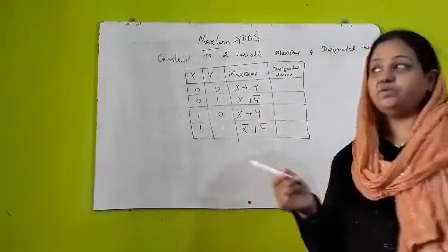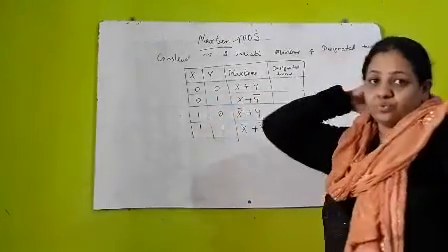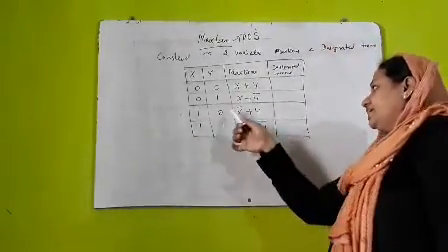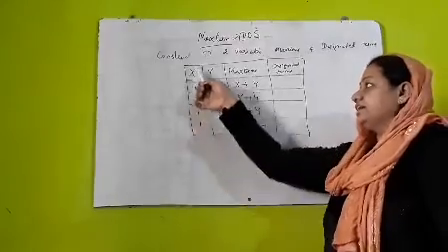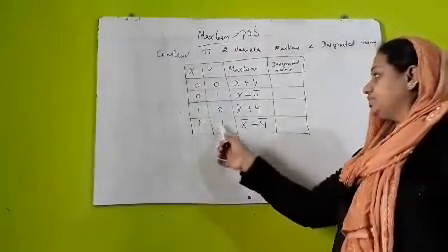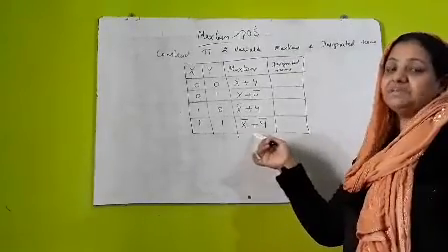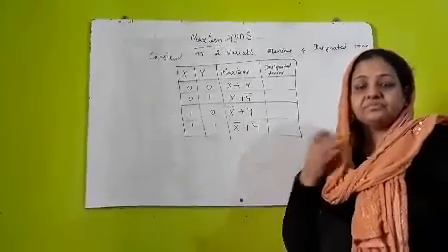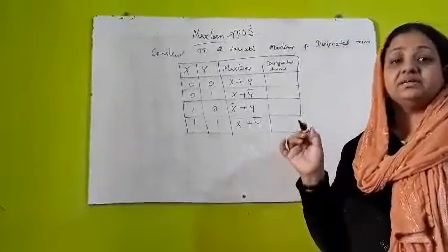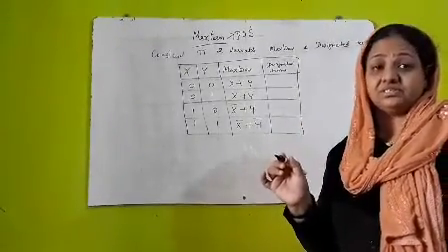Why y bar? Because y is 1, so we have to put a bar. So similarly, we have x bar, because x value is 1 and y is 0. Here both are 1, so we are putting x bar plus y bar. Fine everybody? Now, the next column is the designated terms.